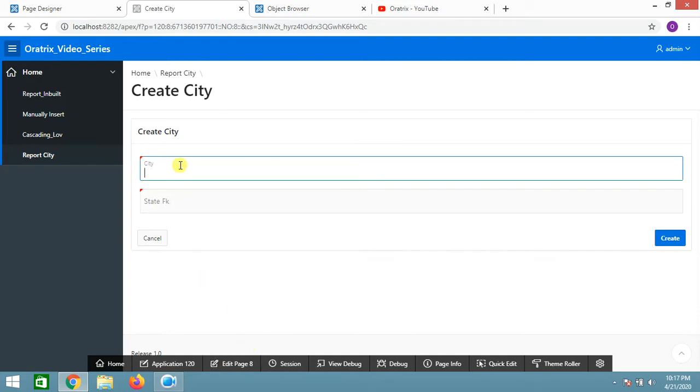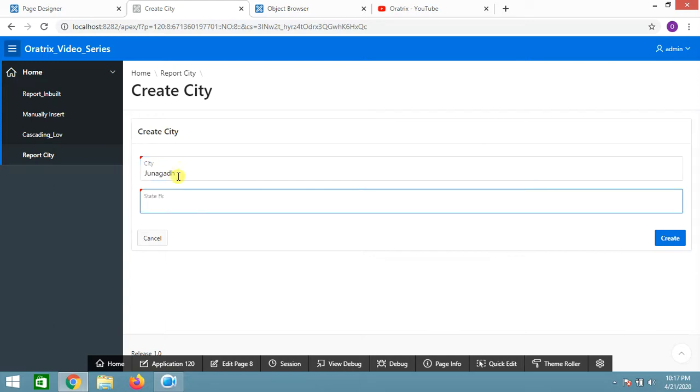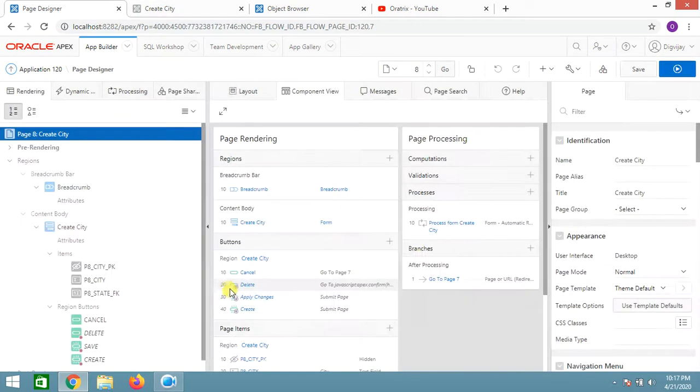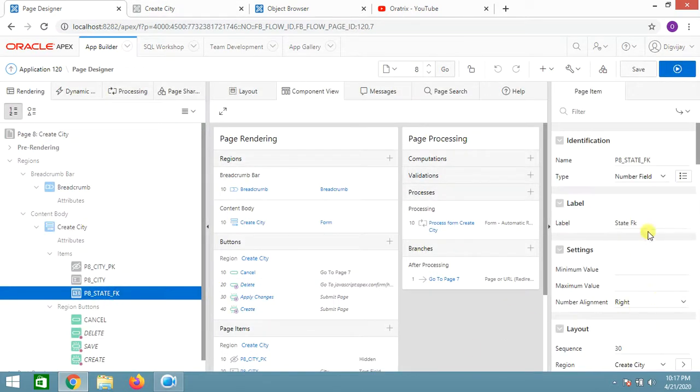Whenever you enter a city, let's say for example Junagadh, and if I want to select a state, I'm not going to pass any value for state fk, rather I'll be creating a LOV, this state.